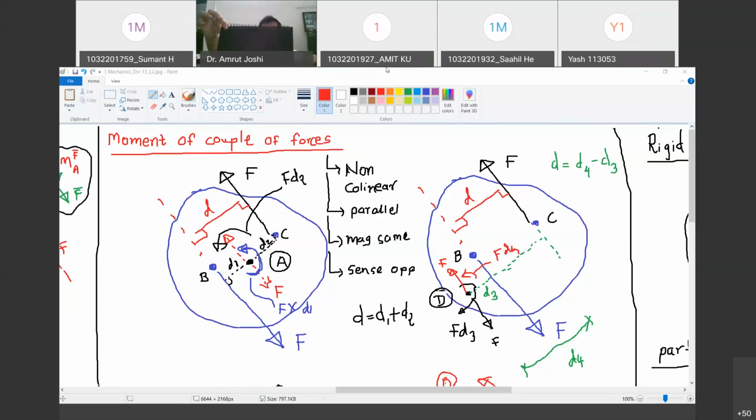Now I switch the places. ये जो force यहाँ पे लग रहा है downward, I move it here. Are you with me? Yes, sir. And this force I move it up, but they are acting essentially in the same direction. Is it going to produce the same rotation, same effect? Yes, sir. Now what I am going to do is I am going to shift.